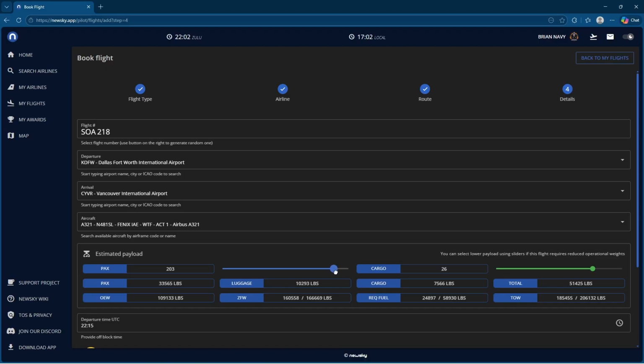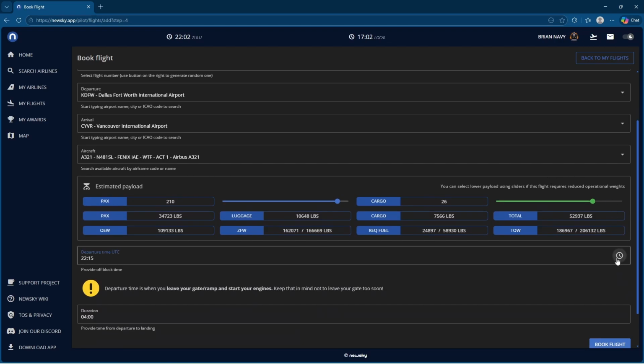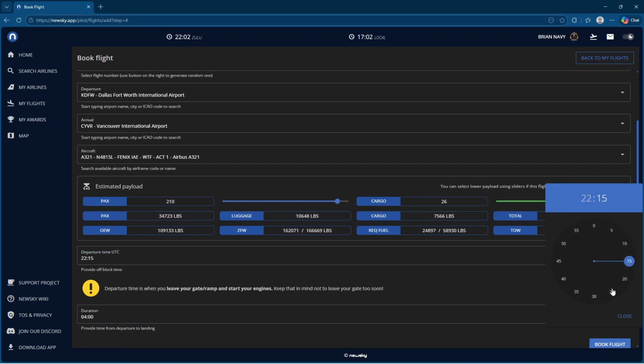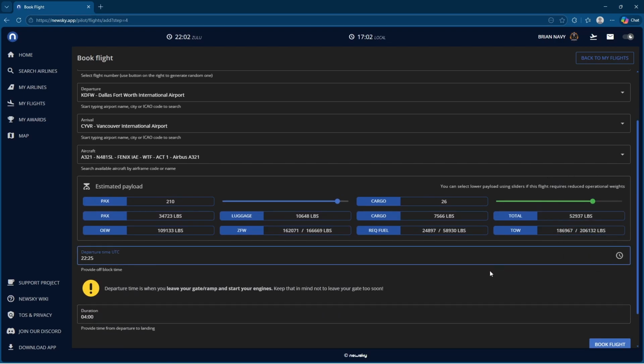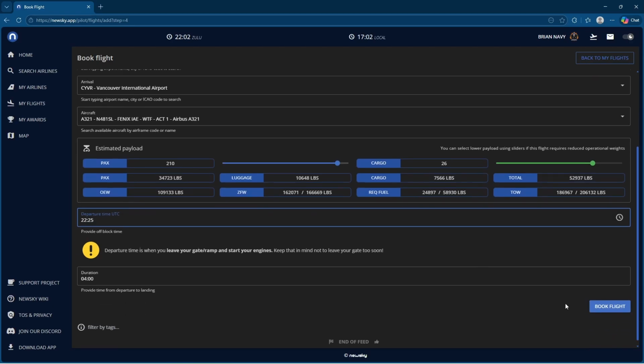All right, I'm going to take it down here. We only carry 210 people today. We're going to take 210 people with us today, which kind of works out. One of the biggest complaints we had on FS Airlines, which was one of our previous programs that we used, book flight,